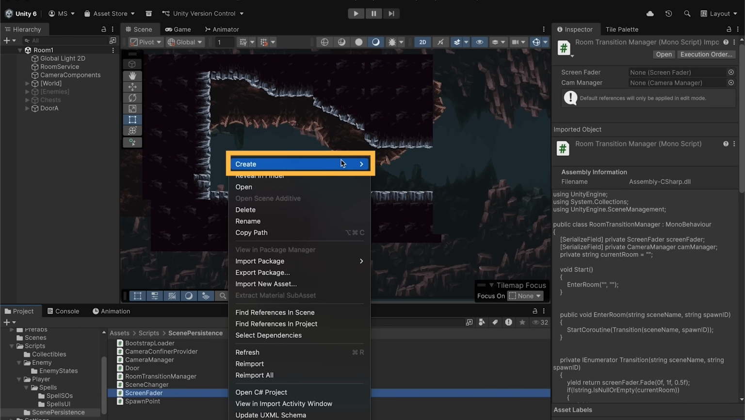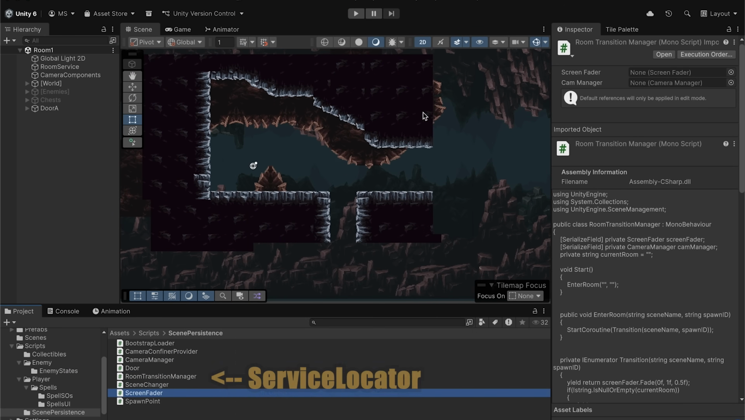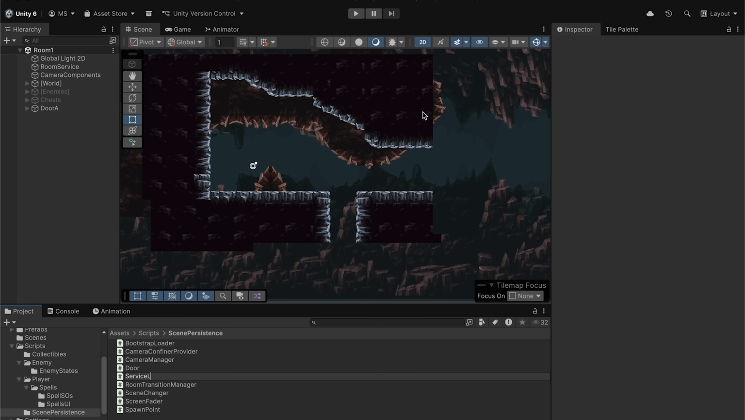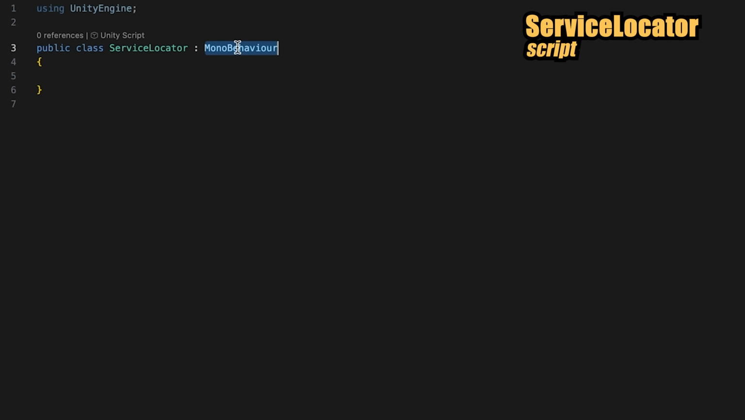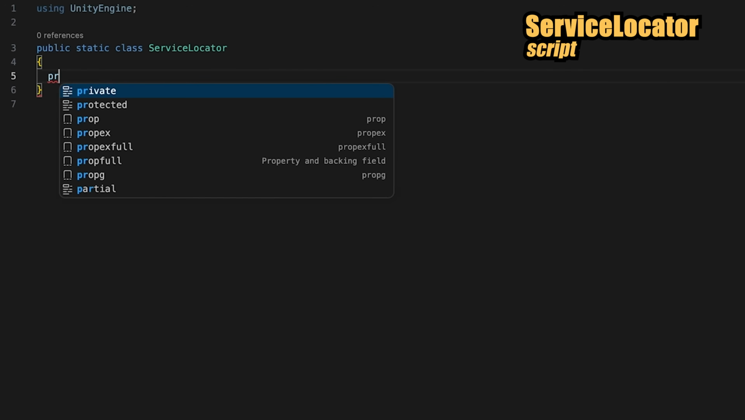Back in our project, let's right click, go to Create, Mono Behavior Script, and we'll create a service locator. Now we can begin by getting rid of the start and update methods, as well as the mono behavior. This is actually not going to be on a game object. In fact, what makes it so useful is that it will be a static class. So different objects in our scene can register themselves with this, and other objects can just query the service locator